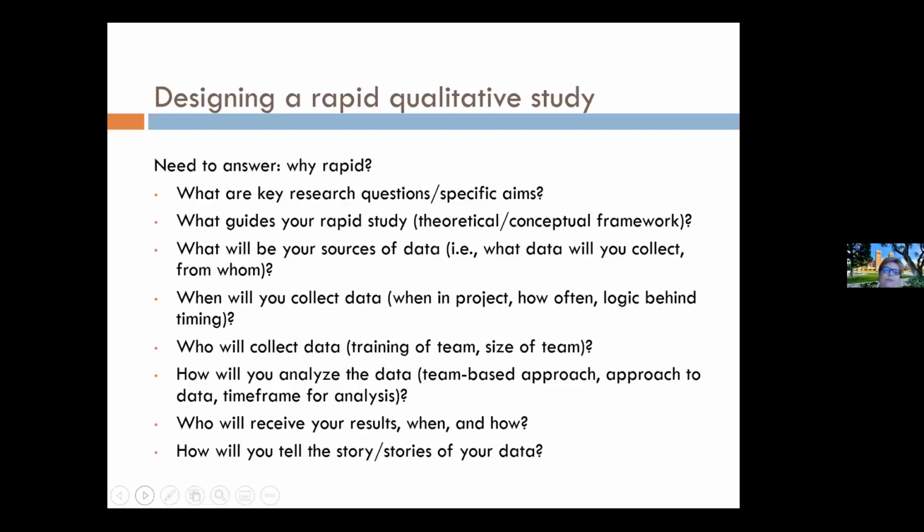And of course, we have to have that when we propose this work anyway, right? In a proposal, you can't say, I don't know who I'm going to talk to, and I don't know how many people I'm going to talk to. That's not going to work for your reviewers. You have to have that rationale for your sampling frame. Of course, you need to have a sense of how many people you're going to talk to because it affects your budget. So you have to have a more concrete sense of what data you're going to collect from whom,